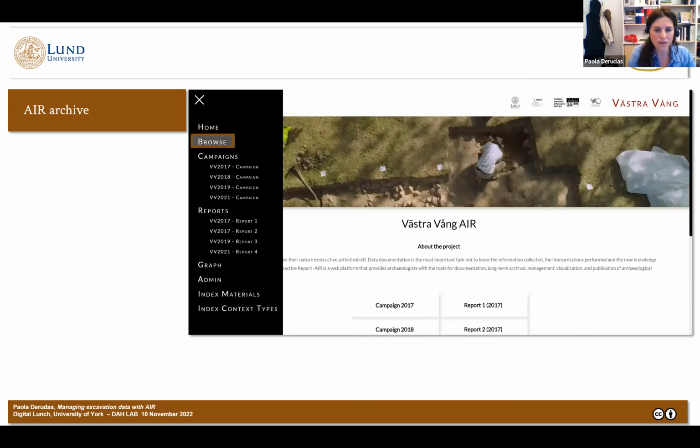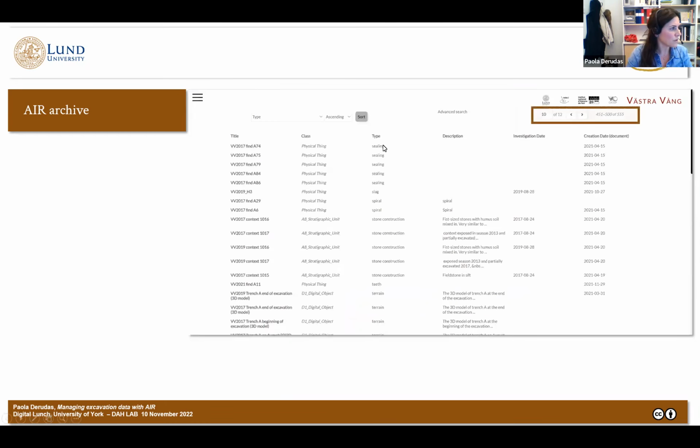And this is also one of the benefits of choosing a content management system like Omeka S. There is a menu in the top left corner of the page that gives us direct access to the online archive, but also to the other elements and components that build the system. And as you can see here, there is also the possibility to access the graph that we saw before. So if we click on browse, we are directly connected to the archive that contains all the data set